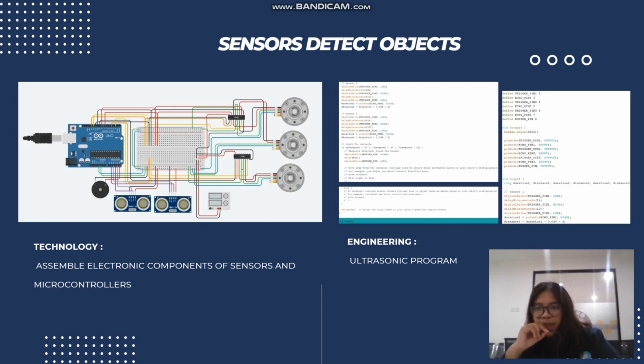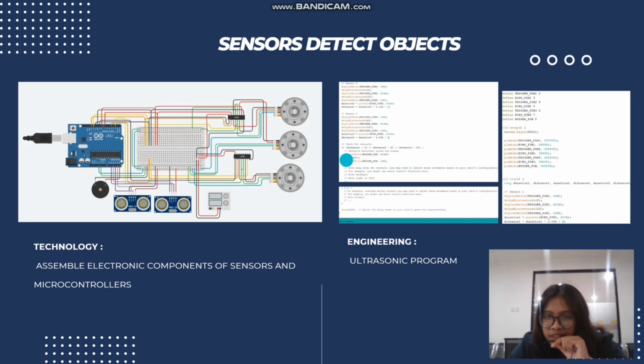Next, void loop. In void loop, we talk about the part of the Arduino that will run repeatedly. Not like void setup, which is a part of the Arduino that runs only once, the void loop runs repeatedly. In void loop we include sensor 1, sensor 2, and sensor 3. Here we define the pins of echo and trigger, like we set them high or low.